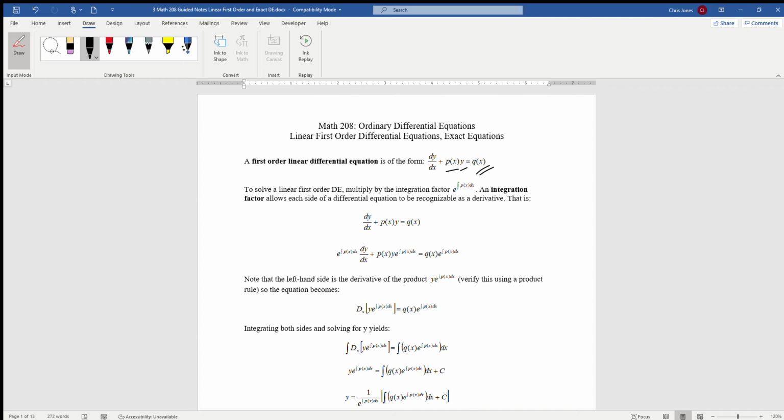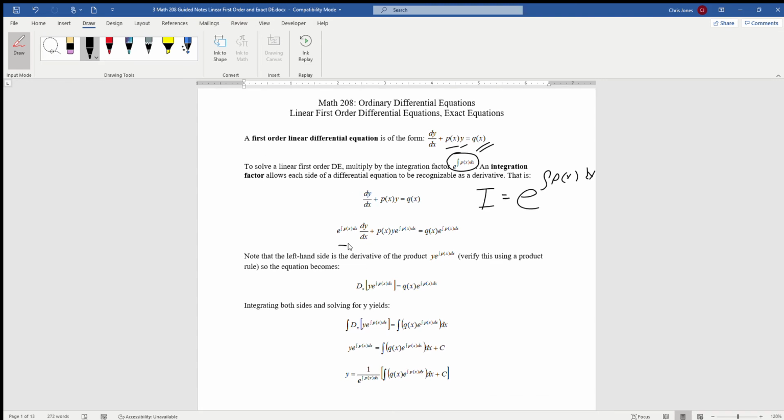I'm going to define the integration factor for a linear differential equation to be e to the integral of p of x dx. Sometimes we call that I as the integration factor, so that's going to be e to the integral of p of x dx. So if I say I throughout the video, I is not the imaginary unit, I is just going to represent the integration factor. We're going to multiply everything on both sides by the integration factor, and we're going to get